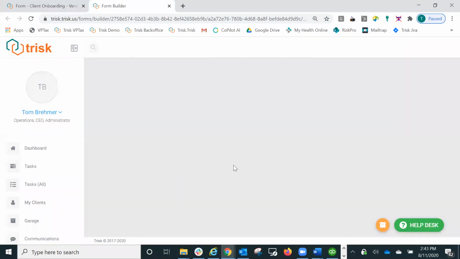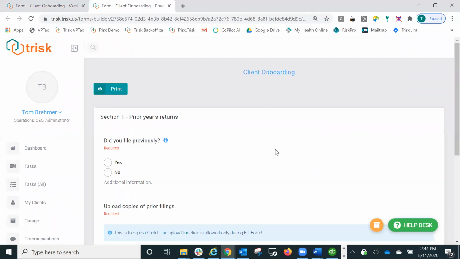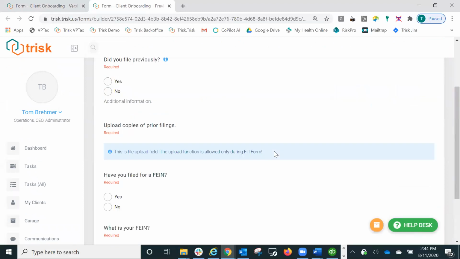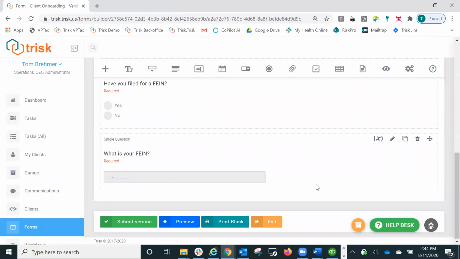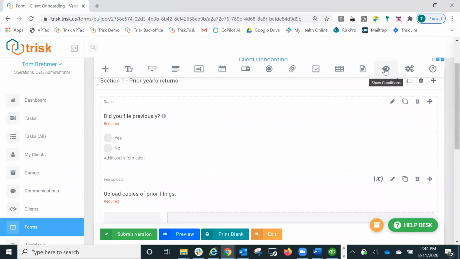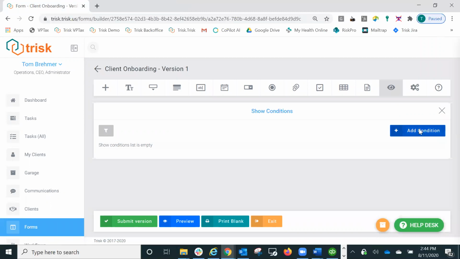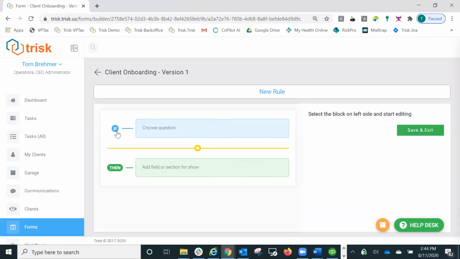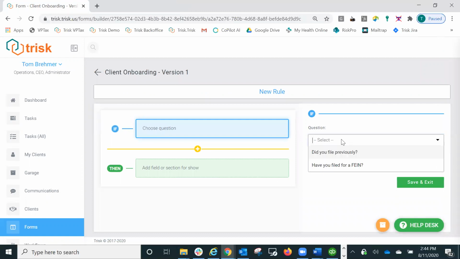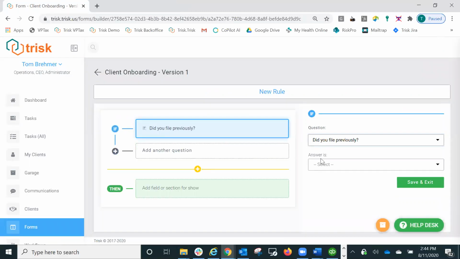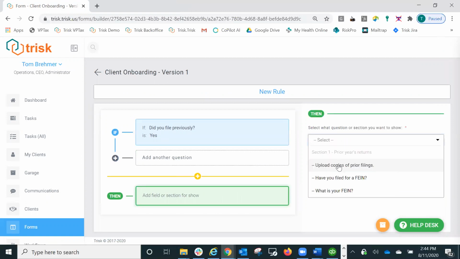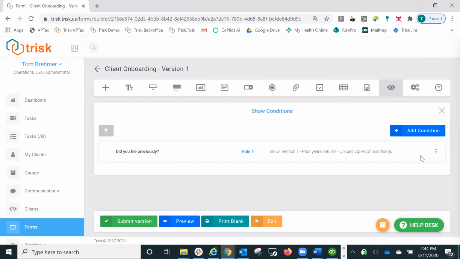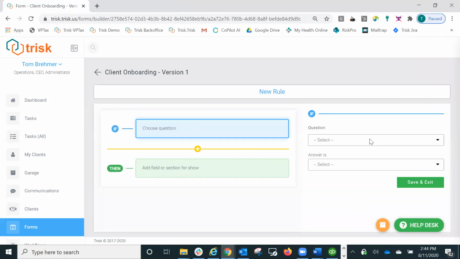If we look at it just in its raw form, you will see all of the questions displayed, okay? So without any show logic, everything's there. But we don't want our clients to have to dig through all that stuff. So we're going to go up here in our options and pick show conditions, and we're going to add some if-then conditions. We're going to choose the question, did you previously file? If the answer is yes, then we're going to say upload prior filings, okay? If the answer is no,